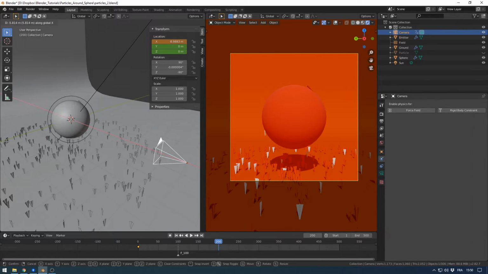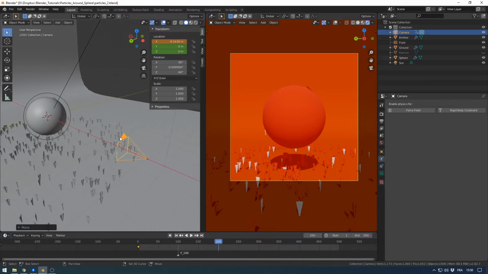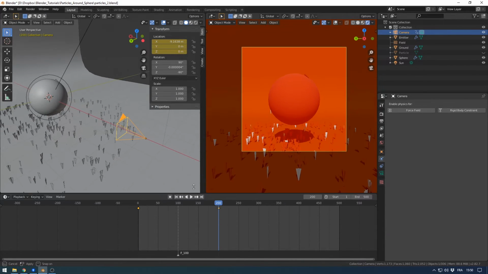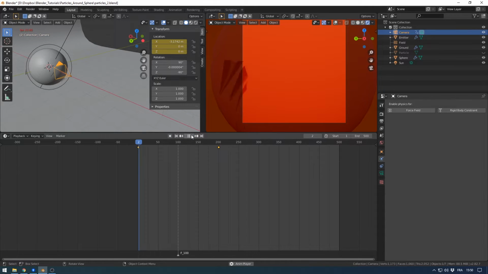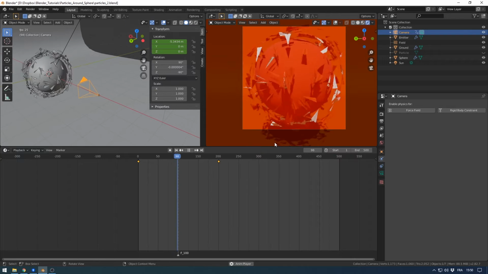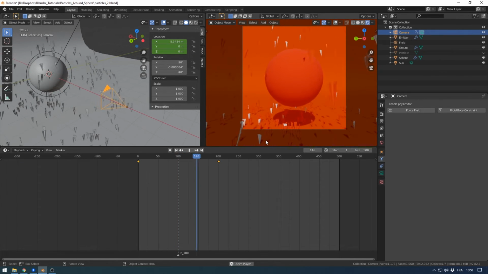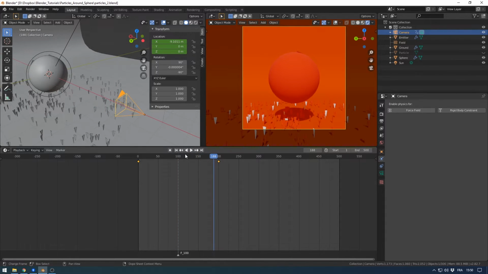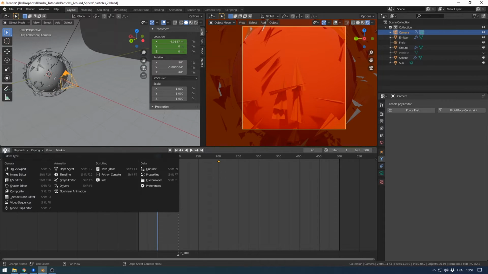Something like this, and I key the location again, and what I have here is I go back like this, and what I could do is make the traveling a bit more dynamic by tweaking the curve,